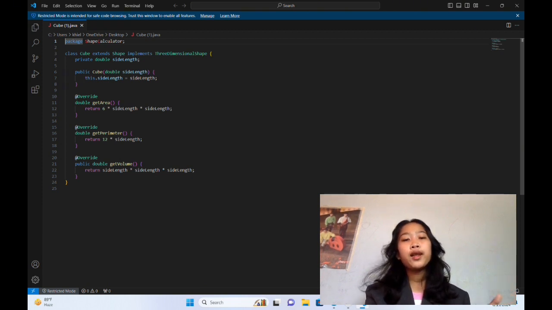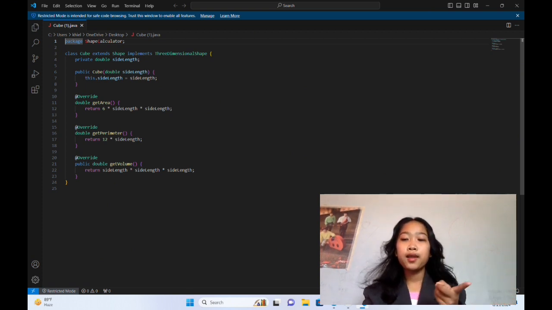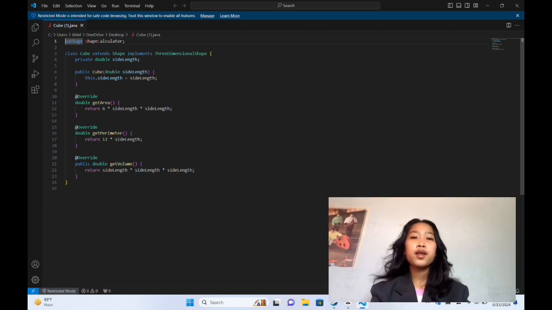For the return sideLength times sideLength times sideLength, it calculates the volume of the cube by multiplying the length of one side by itself 3 times, since the volume of a cube is side cubed.